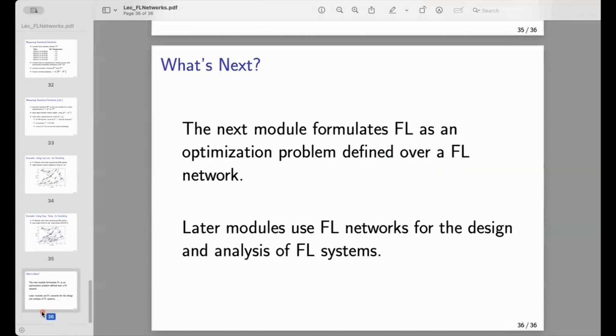Okay, so where do we go from here? In the next module, we will use this federated learning network as the domain for an optimization problem. We will define an optimization problem using a federated learning network. This optimization problem will be our main model or principle for designing federated learning algorithms, because these algorithms are then just the result of applying existing, well-studied distributed optimization methods to this optimization problem that we use to